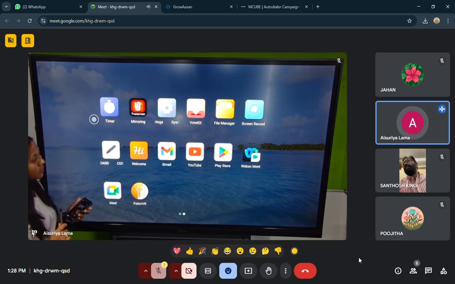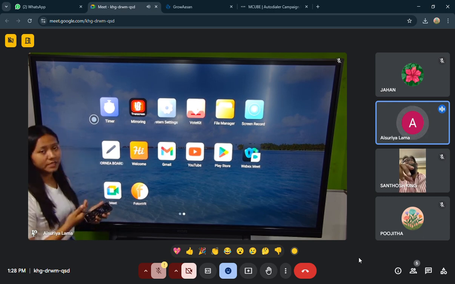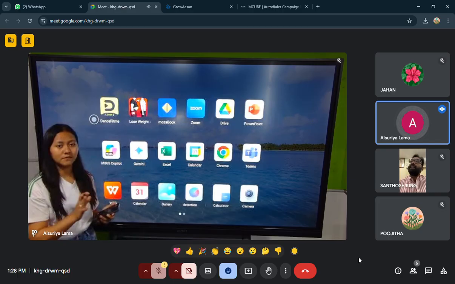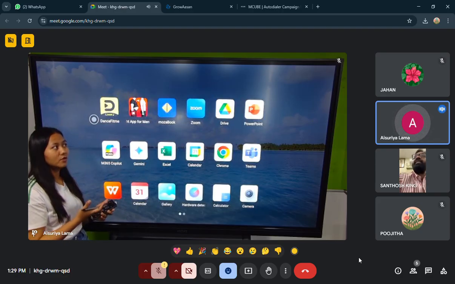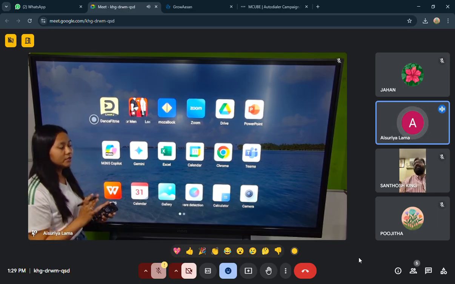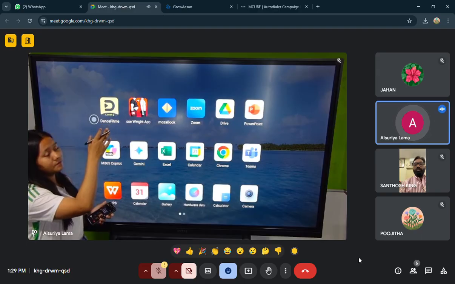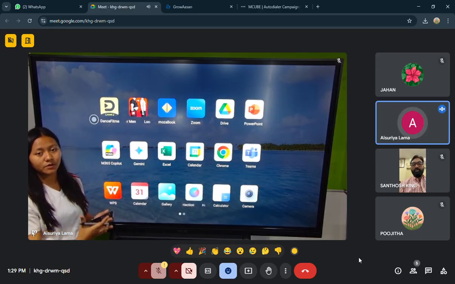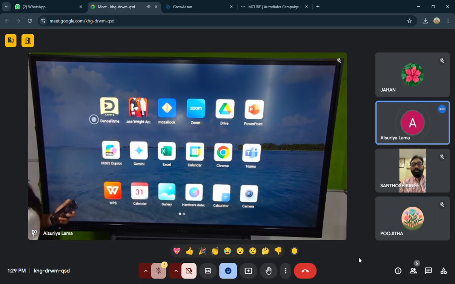Also, very important, we also have meeting apps like Google Meet, Teams Meet, and Zoom meeting. If you want to conduct a meeting in the panel itself, like you want to log in on the panel so that you can conduct a conference meet or any other meetings, you'll be able to do it using the panel itself. Or else, if you want to connect a camera with the panel so that you can speak and see yourself on camera, you can connect an external camera as well, and you can also do Google Meet and all.